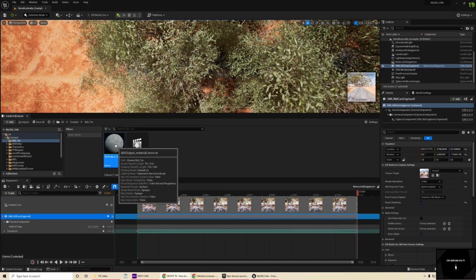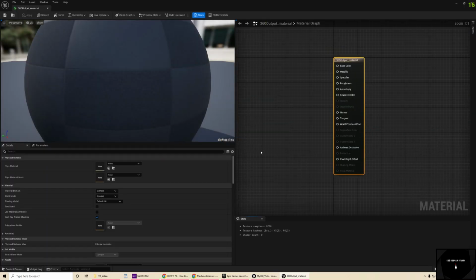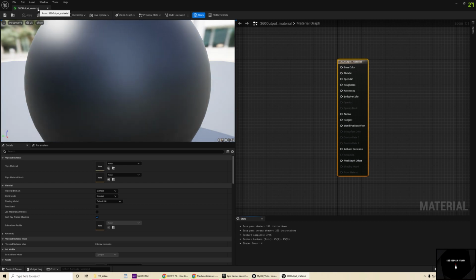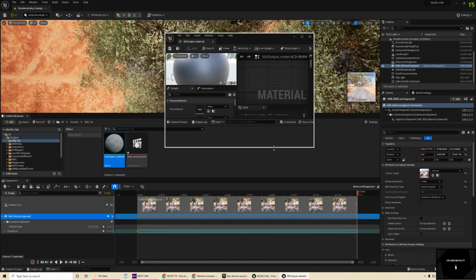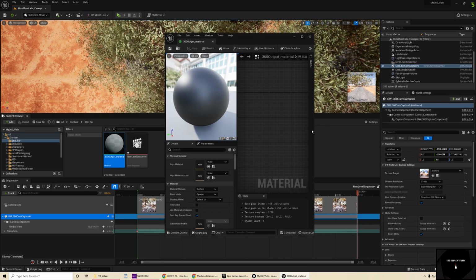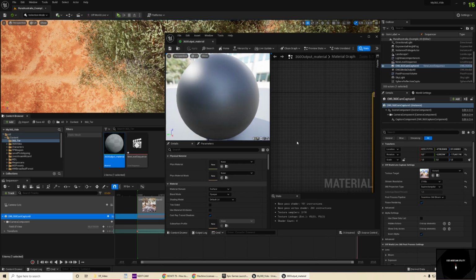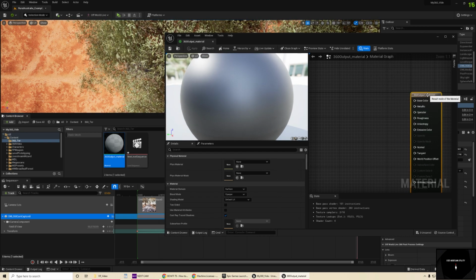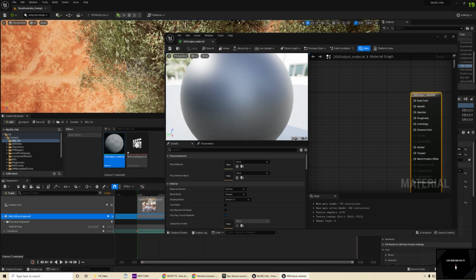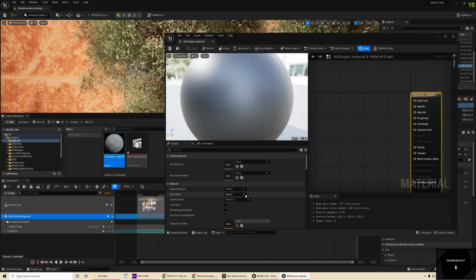And in this material, just double click and open it. Just bring this down, because we're going to need this other thing just now. We click on this output material 360, and